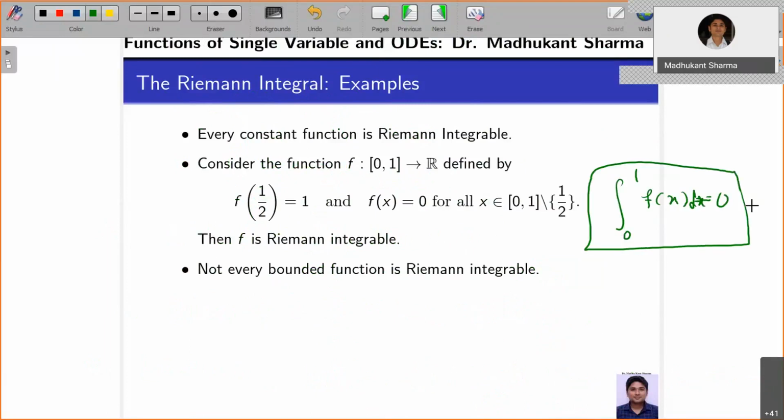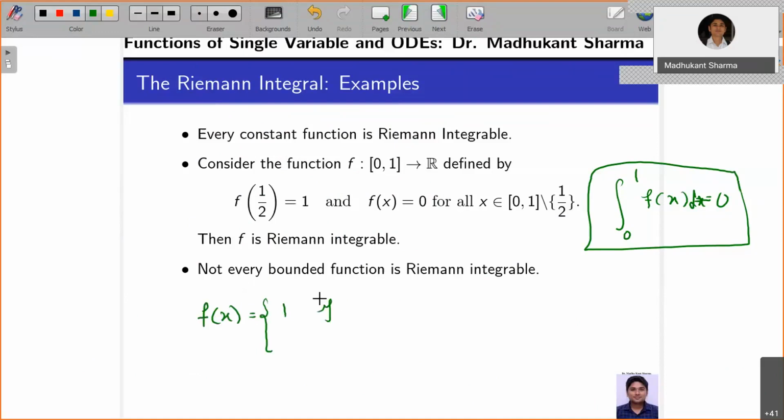Okay, right. Now the next result is saying that not every bounded function is Riemann integrable. So that will prove that the boundedness of the function is not a sufficient condition. Okay, it's only a necessary condition. For example, you can take the Dirichlet function, and the Dirichlet function comes into the picture many times